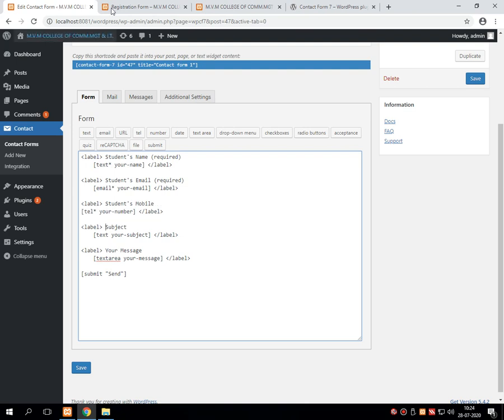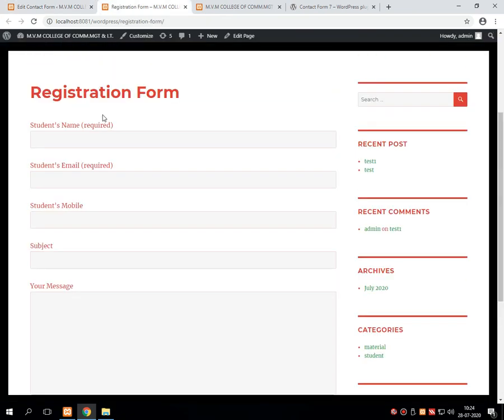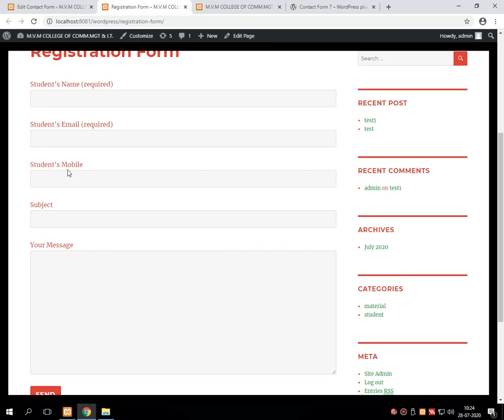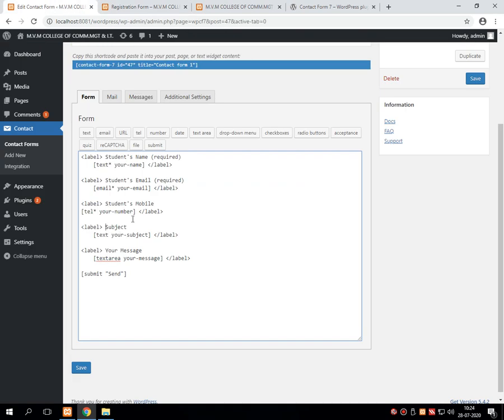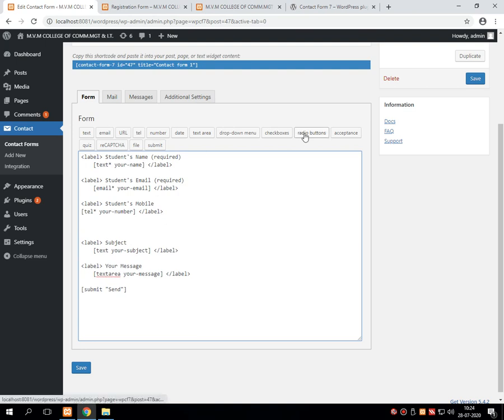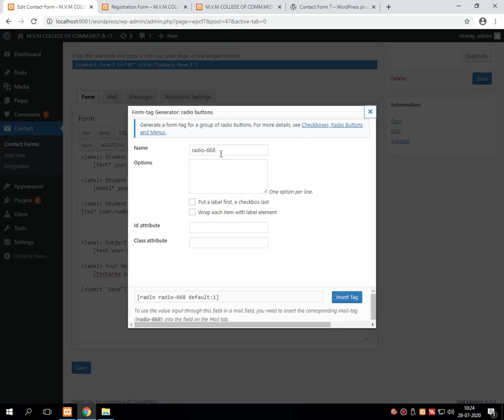Now again I am expanding for something more. After the student's mobile number, suppose I want to give a gender selection, that is for male and female. So for that I am first giving one enter, then I am going for radio button.